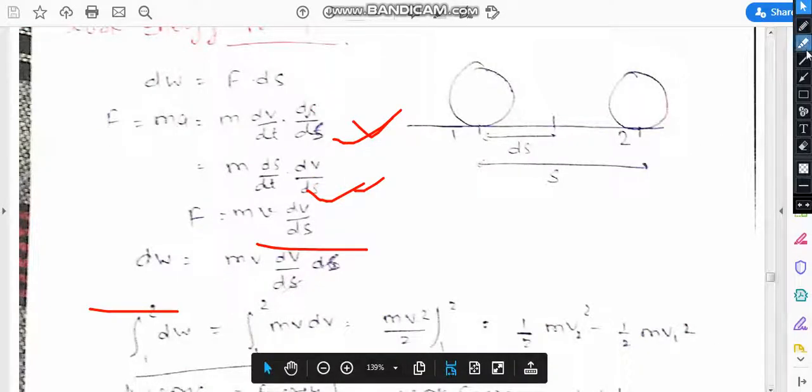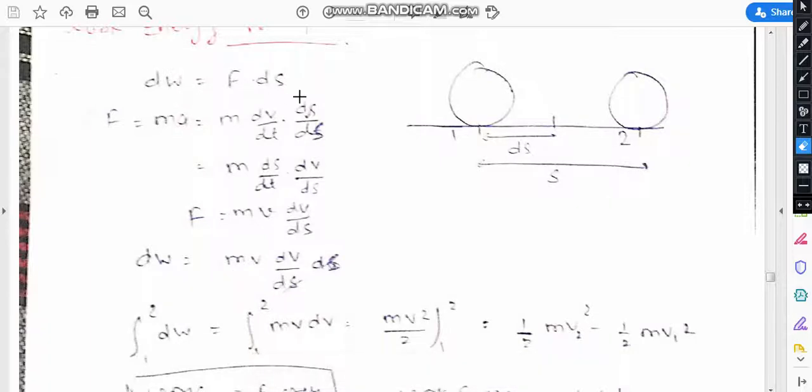If the work done is F dot ds and F is ma, and a is dv by dt, multiplying and dividing by ds, ds by dt is nothing but v. So this equation turns out to be mv dv by ds. So dW is mv dv by ds